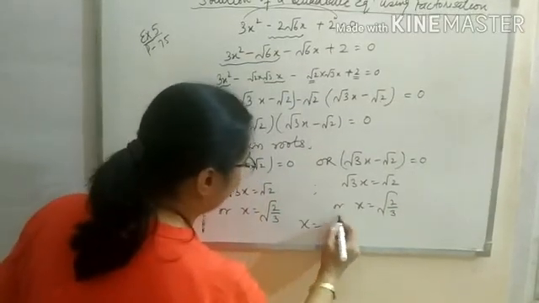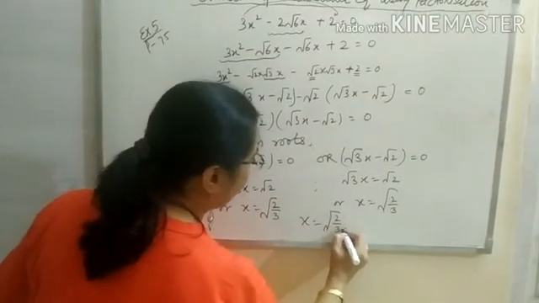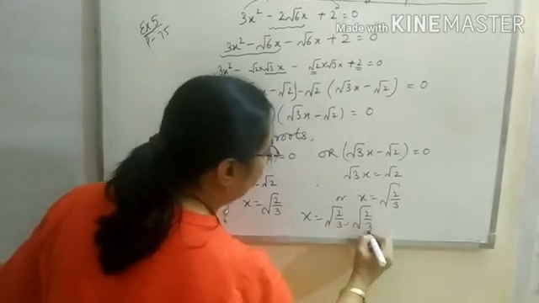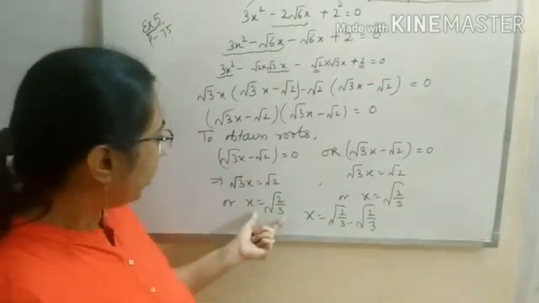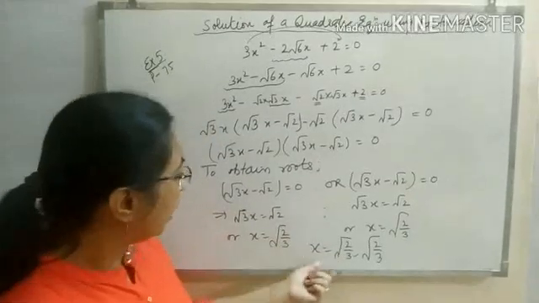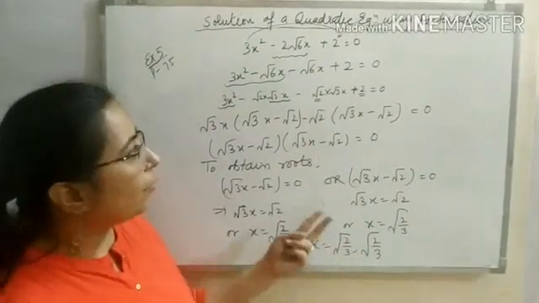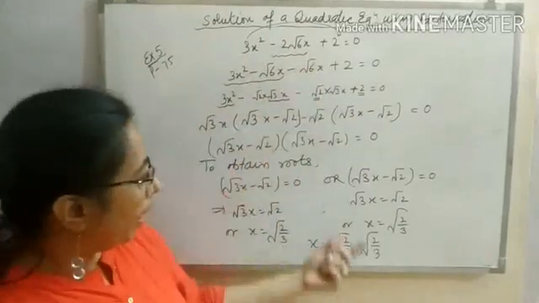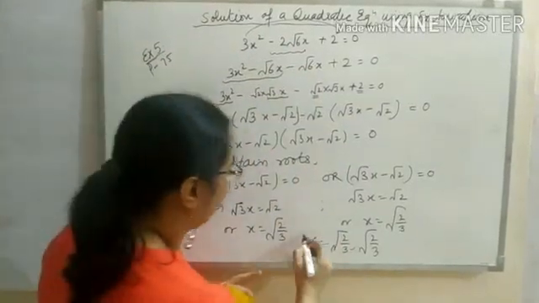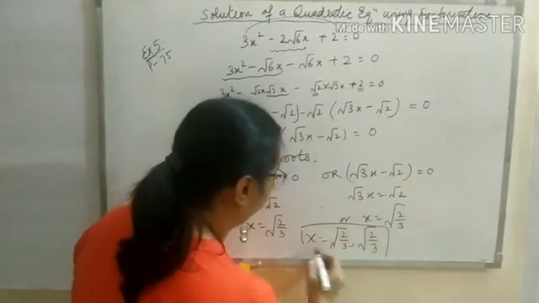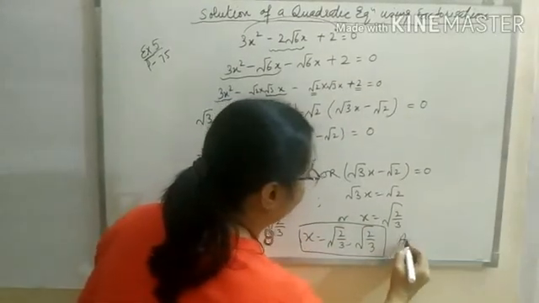So as I said, it is a quadratic equation. Every time we will get two roots. Sometimes students write that the value is the same, so they write it only once. We cannot write it once. It is to be written twice, because we need two roots for a quadratic equation. So these are the required two roots of the given quadratic equation.